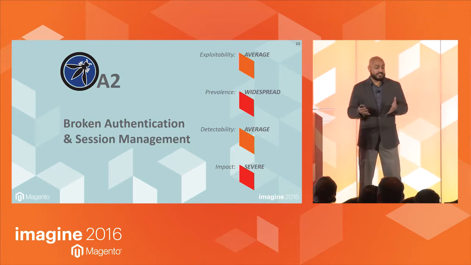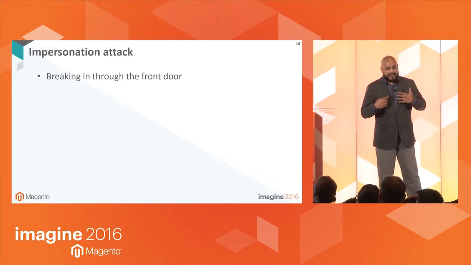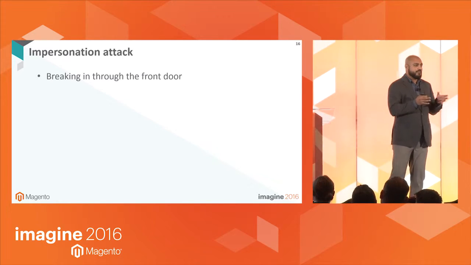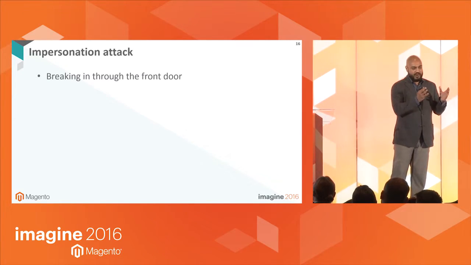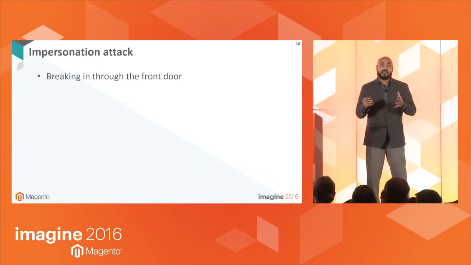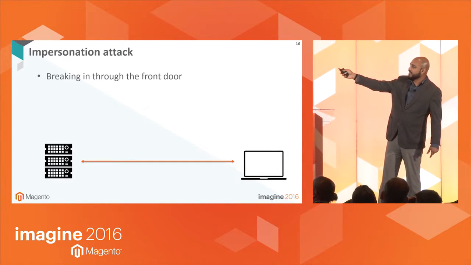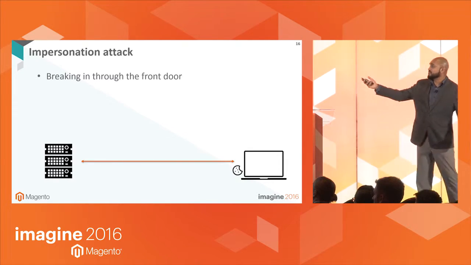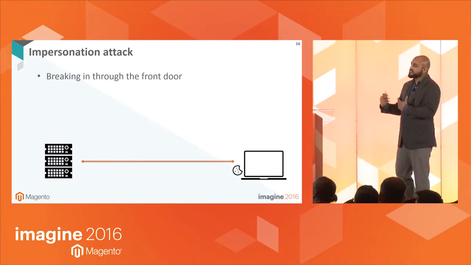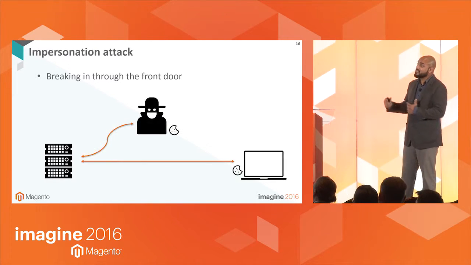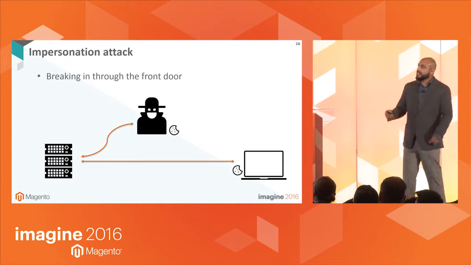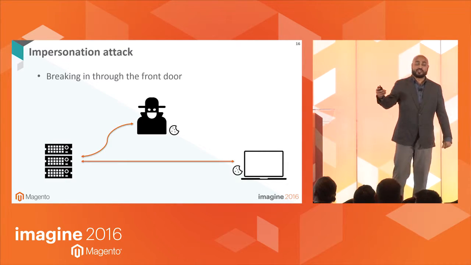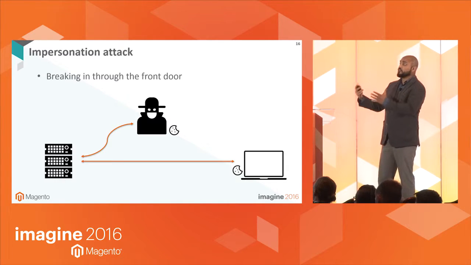So broken authentication and session management happens when an attacker comes in through the front door. It's that your site cannot differentiate between an authorized regular user and an attacker. And this happens in many ways. Usually I represent a regular user by a laptop, and the server is the grid. Most users just have a cookie or a session ID that authenticates them. If an attacker gets a hold of that cookie or session ID, they'll just be able to walk right in through the front door, and the server does not know the difference because it uses that cookie to authenticate the user. And this is extremely common.